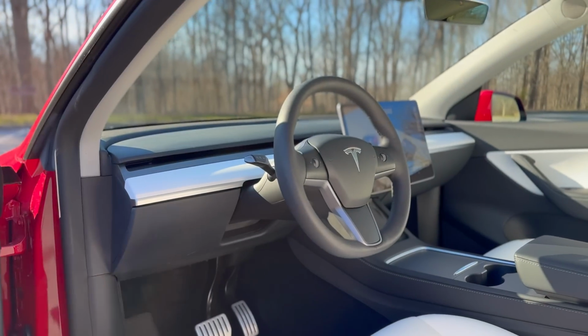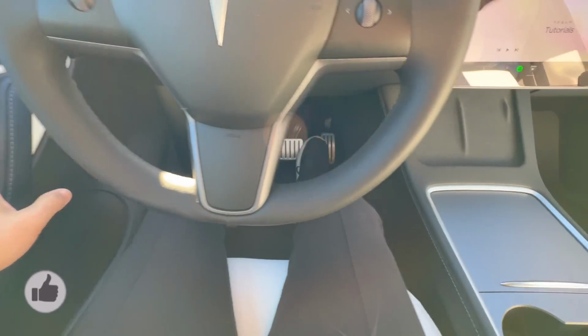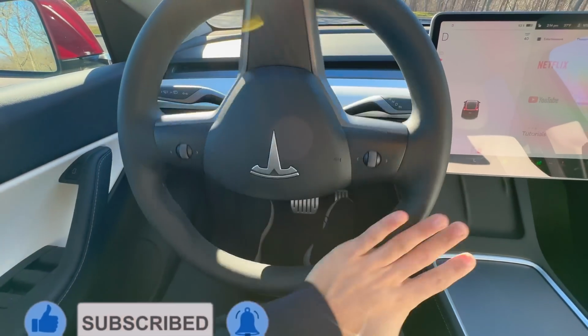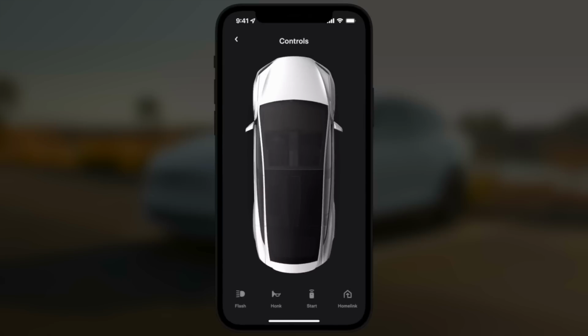Then, when you get in the car, it knows your phone is already connected, and as soon as you put your foot on the brake, everything turns on. That is really cool, but I think the things you can do in your Tesla app from anywhere in the world are even cooler. You can do things like have your car come to you in the parking lot if you have purchased FSD,